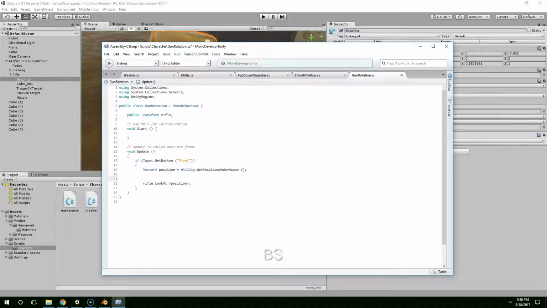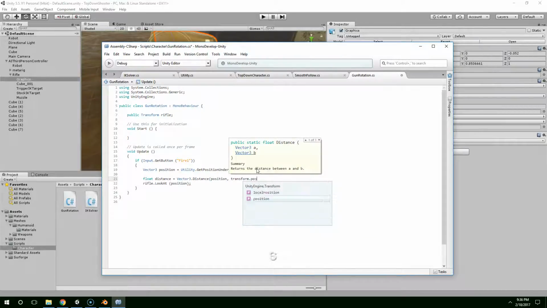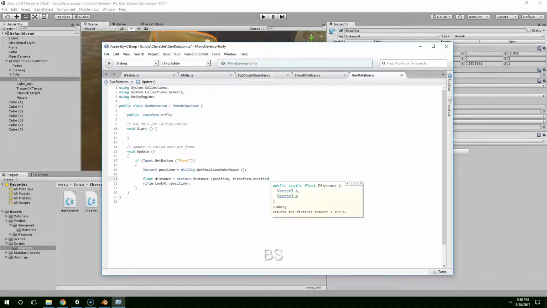So float distance equals Vector3.Distance position, transform.position. Is that it? Yeah, okay. If distance is greater than, let's say 0.4f,